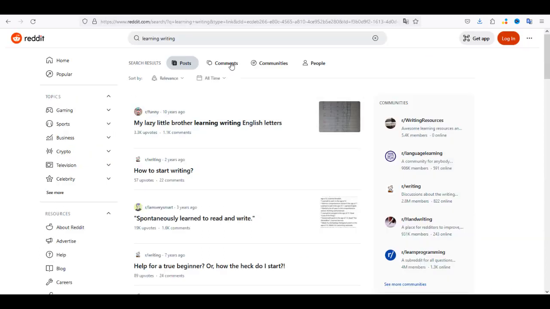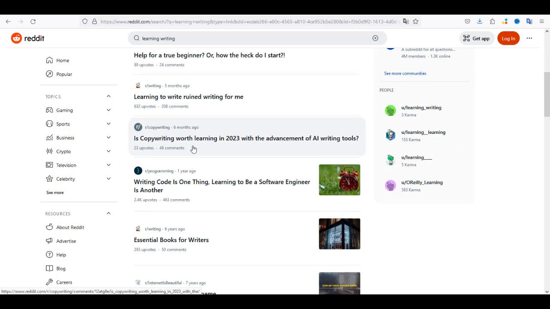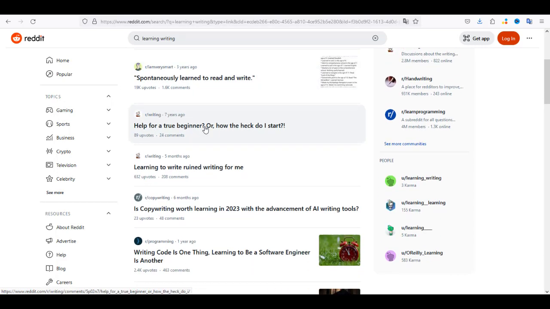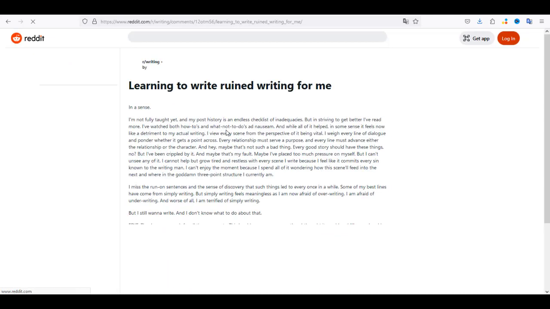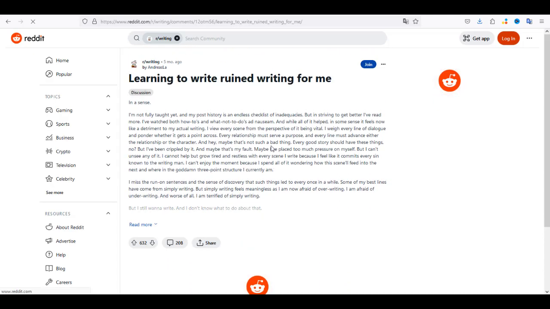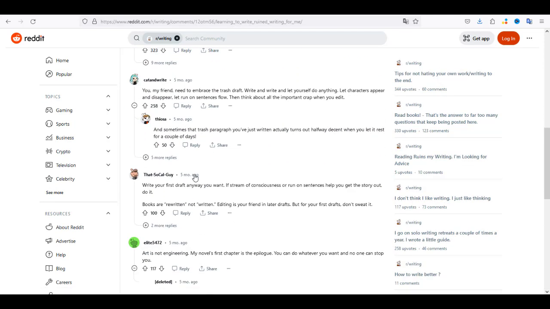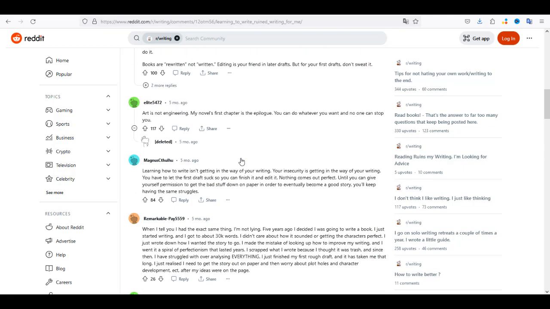So when you come here on Reddit and search, for example, you type in learn writing, here you can see that there are different sections of people looking for learning to write. Here you can see people who are actually looking to learn. So what you need to do is open these posts here on Reddit, and now